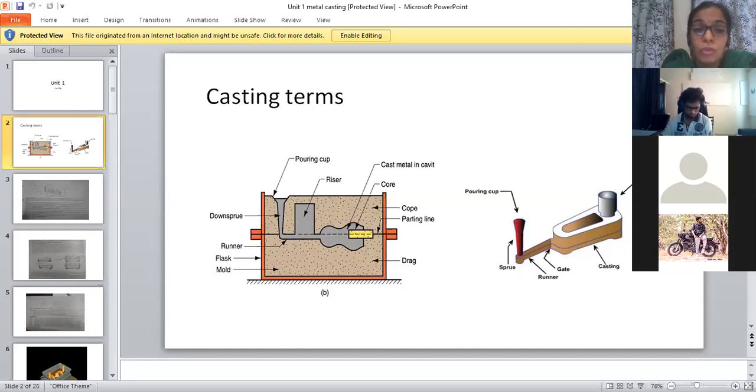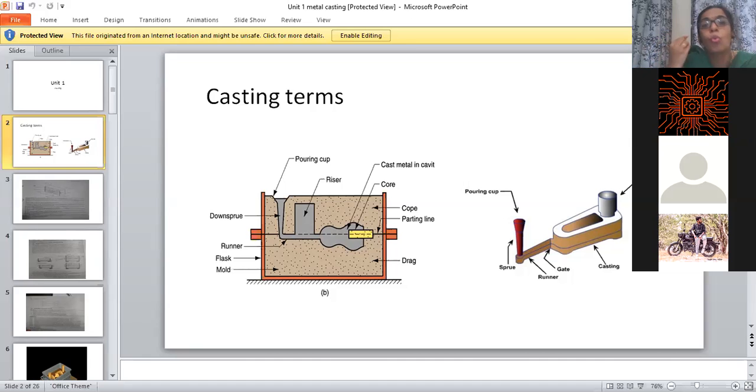They'll ask you a question: why is a wax pattern used? Please make a note. I'm recording this, and I'll share the video also, right? When you use wax as a pattern, you can simply melt it. When you use investment casting for manufacturing jewelry, they will use wax as a pattern. Likewise, there are ceramics and plastics, so different types of patterns are used based on the requirement. Okay.